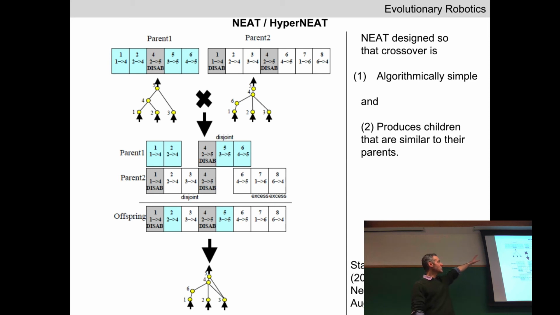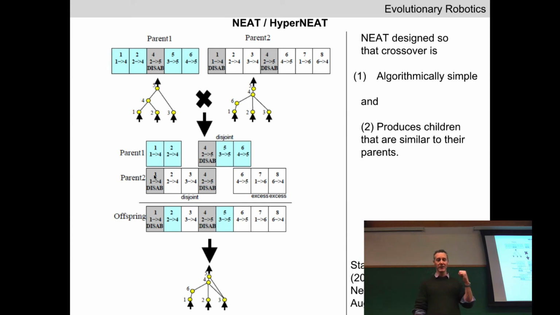Well, we're going to take the 2 synapse lists from the parents. Again, you do the same thing for the neurons, but let's just focus on the synapse list for a moment. So we have 2 lists. As you can see, they're lists of different length. So we're going to try and line them up, and as we do, we're going to stagger the lists or move the elements about so that we line up synapses that have the same historical marking. So we have synapse number 1 that shows up in both